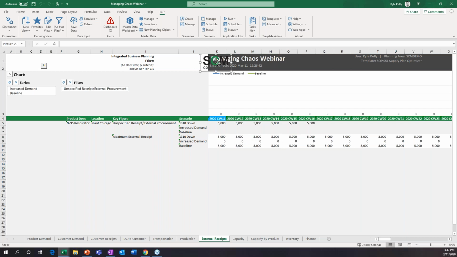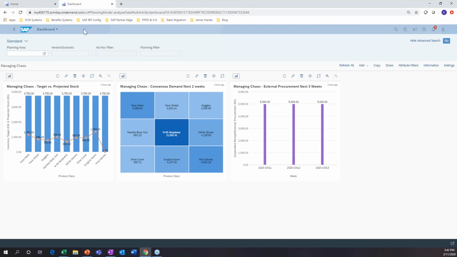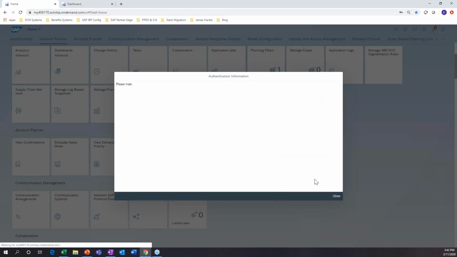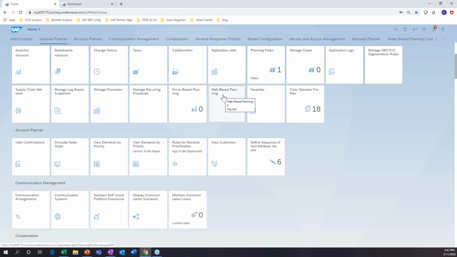So what we're going to show you here is an instance where we give the vendor access, and they're going to take down maybe their receipts. Maybe in week 15, they're not able to actually produce 5,000 for us, they can only do 2,500. So if we go over into a different view here, and we look at what is called a web-based planning view, and this is the Fiori tile web UI for IBP.